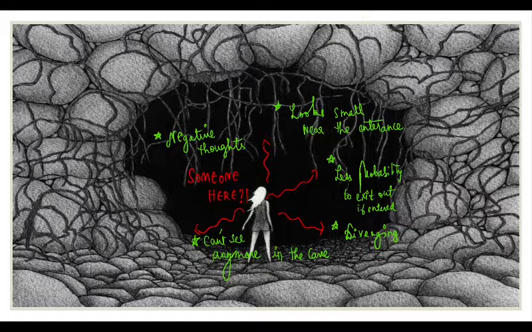Now coming to this, this is someone who is standing near a big cave. So just imagine this situation. Now she's standing near the cave and shouting, "Someone here," and she's shouting. Now what can we infer from this is, one, the sound waves are diverging. So remember, one is diverging.